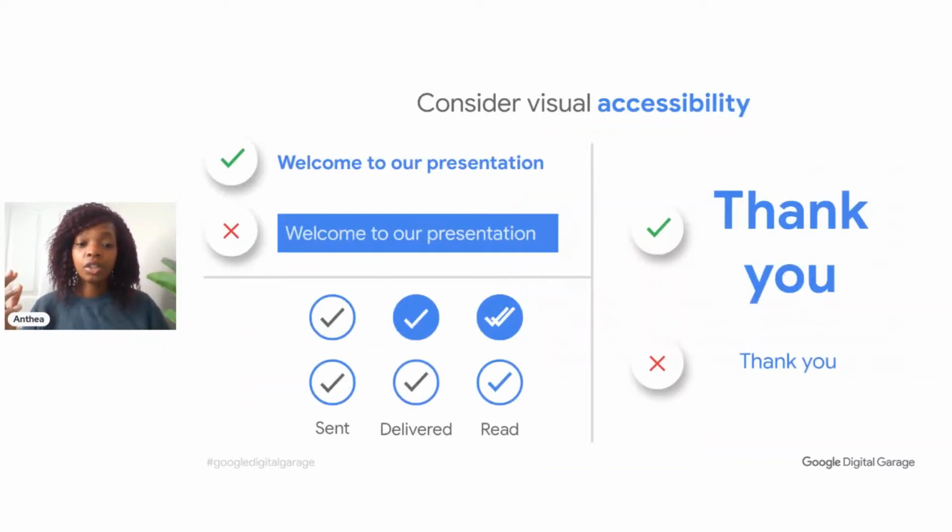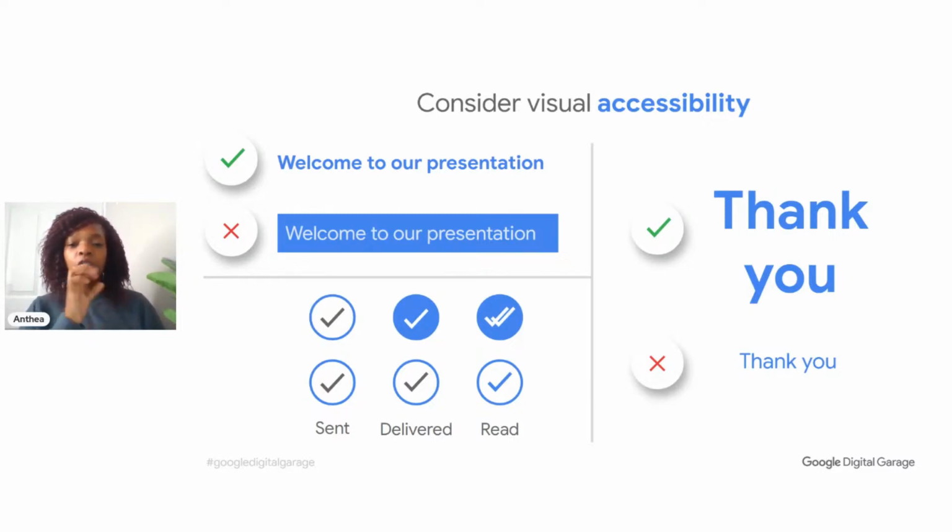And then you also want to be thinking of the accessibility side. So you want to make sure it's accessible to everybody. Think about people who have color vision deficiency. When you have too many colors going on and it's not clear to distinguish between the two, it can cause somebody to not understand what it is you're trying to say or be able to pull out the most important aspect of that. So if you look at the first example on the screen, it's clear which title is easier